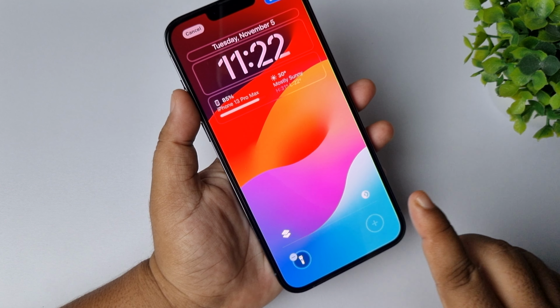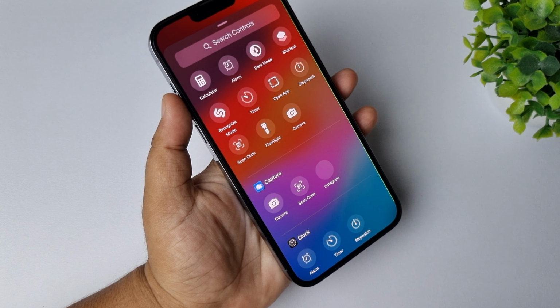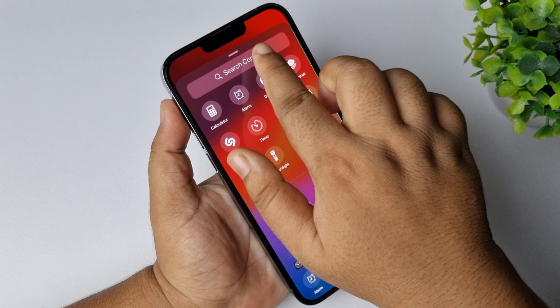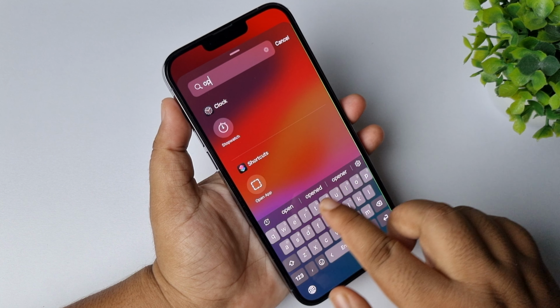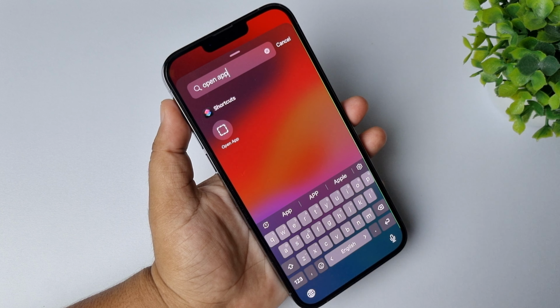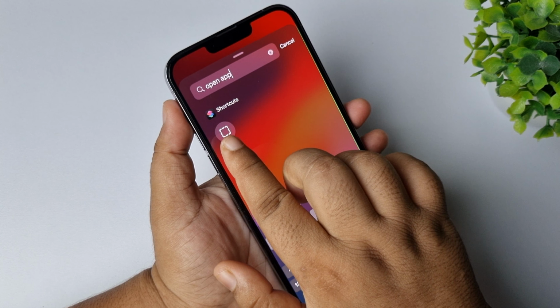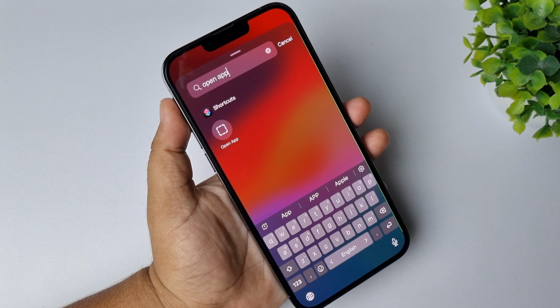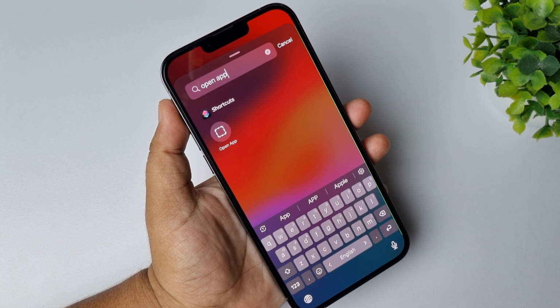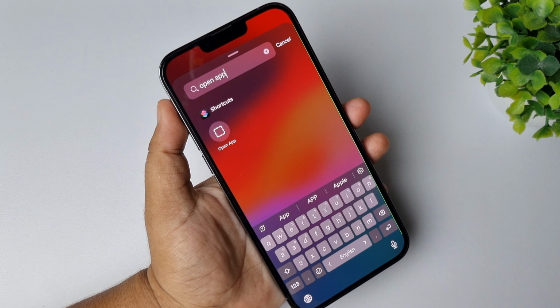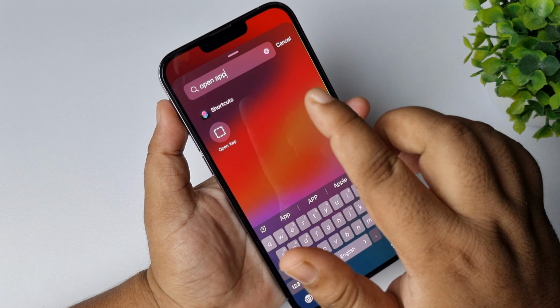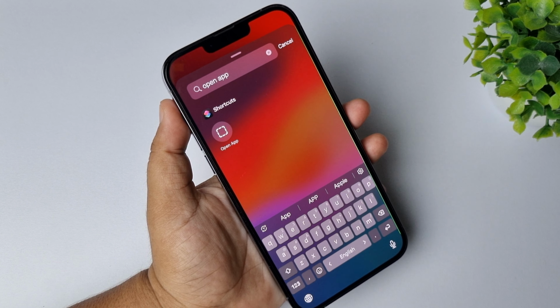So tapping on this plus icon, and in the search controls type here open app, and under shortcuts here you will find this open app shortcut. Make sure you have installed the shortcuts app on your iPhone. If you don't have the shortcuts app, then here you won't see this open app option. Select open app,